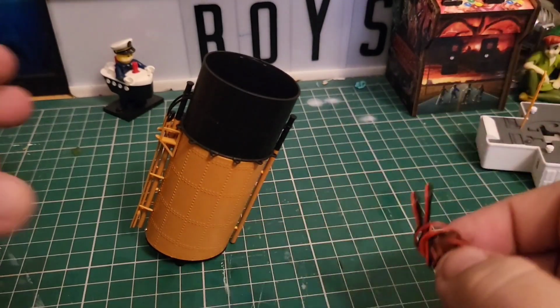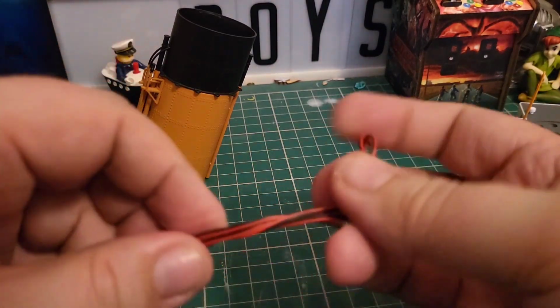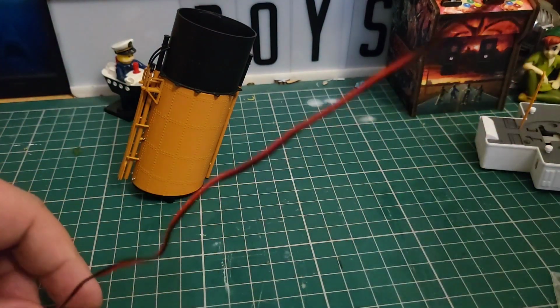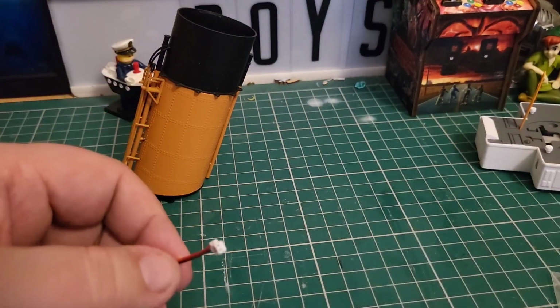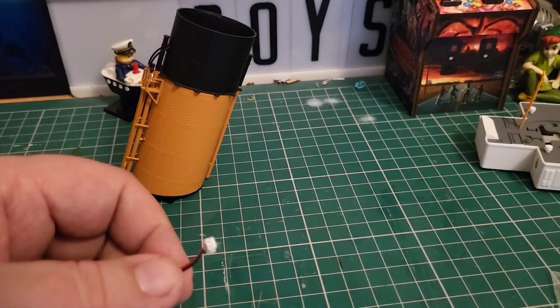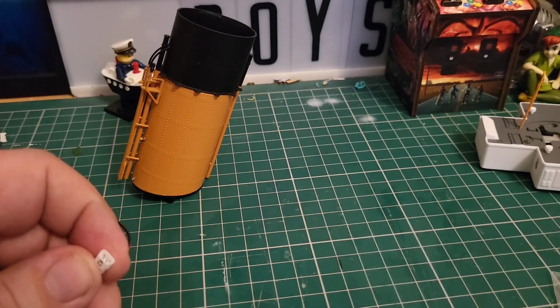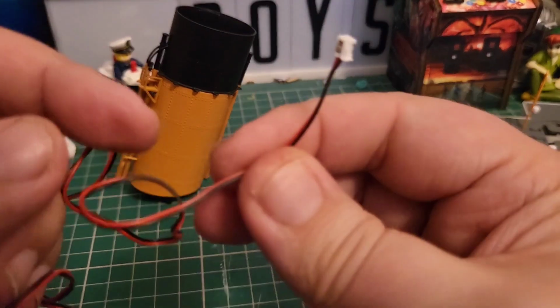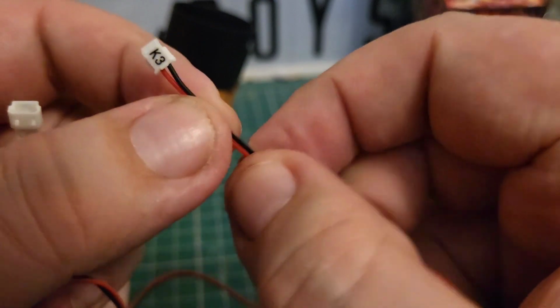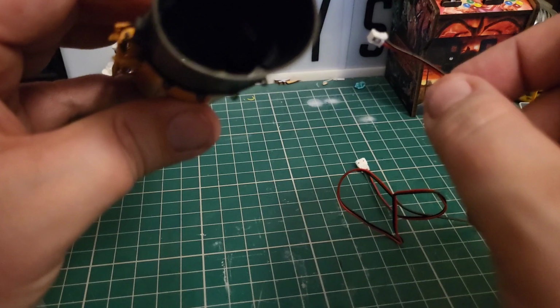Now the next thing we're going to do is take our extension cable here, unravel it, straighten it out. There we go. Now which part goes where? Okay, so there we go. So the part marked K3 is going to feed through the...